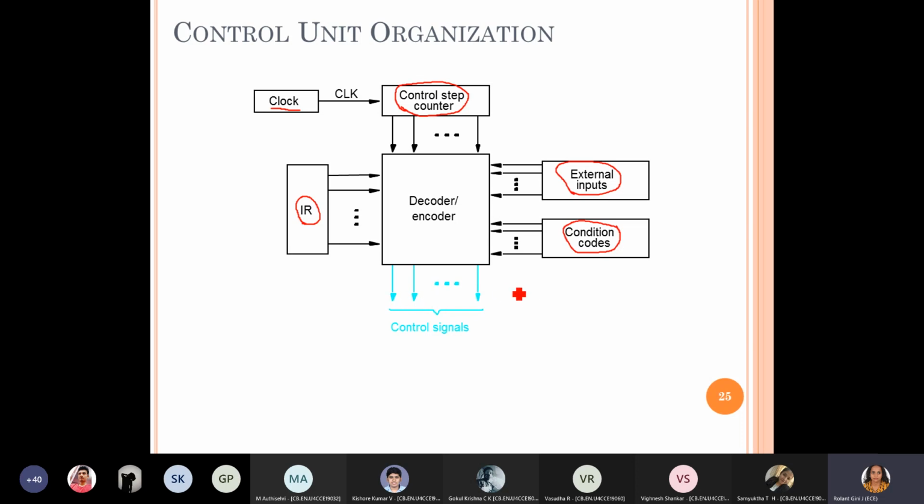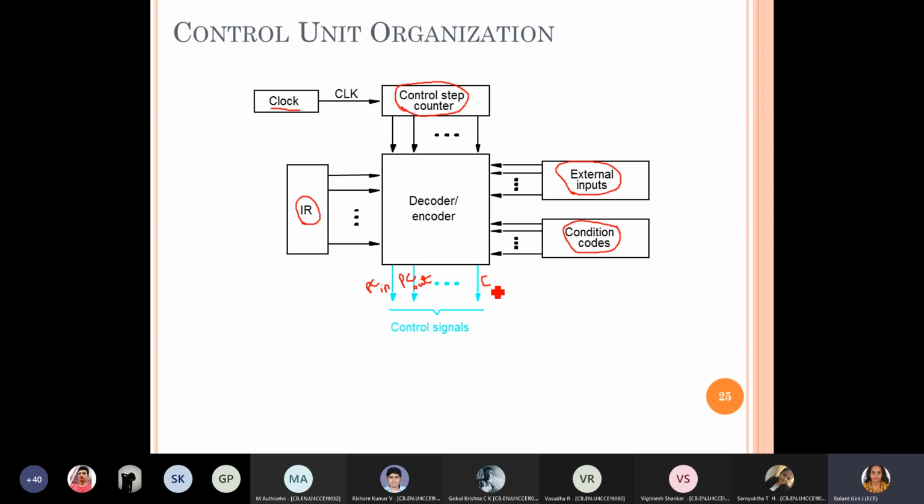So every blue line you see here is one control signal. For example, this may be your PC in, right? And the next blue line you see may be your PC out, right? For example, I'm saying this need not be in the same order. So this can be PC out, and the next can be R1 in, and the next can be R1 out, right?